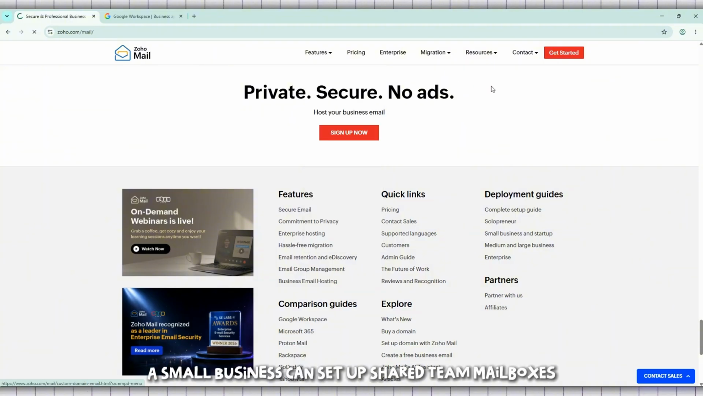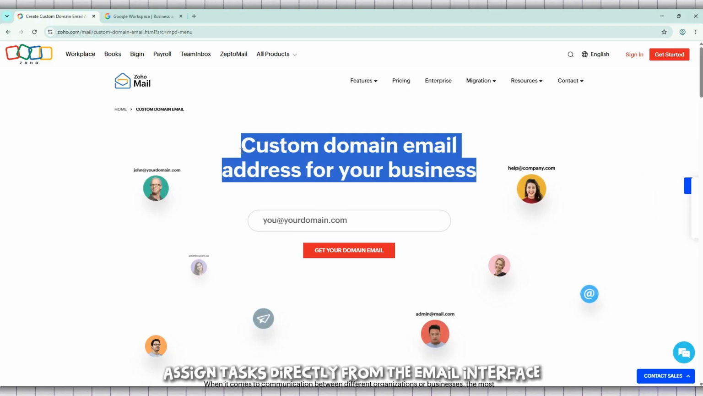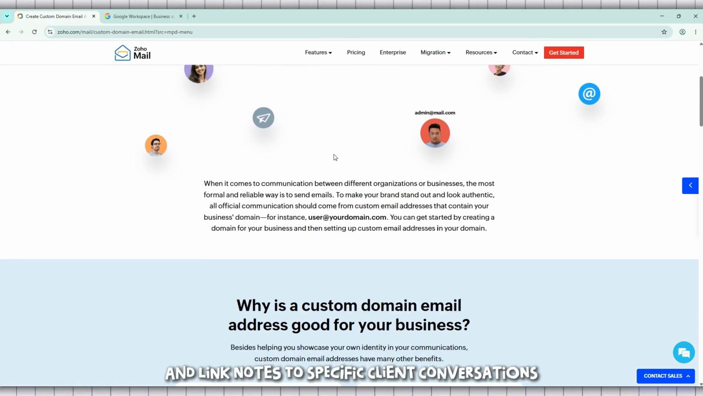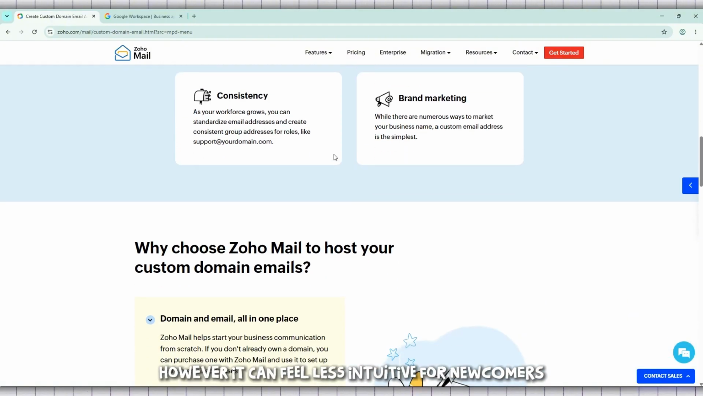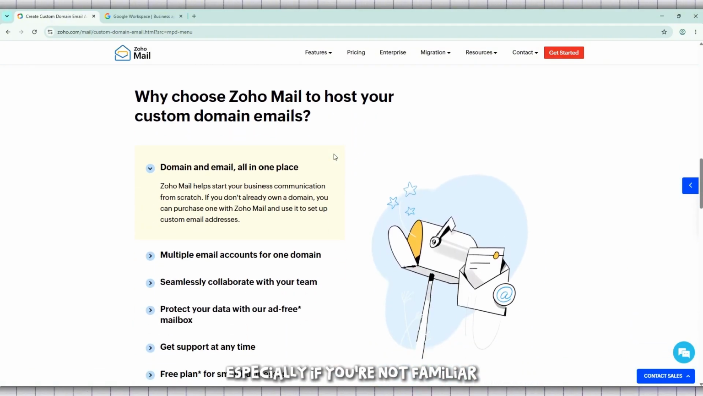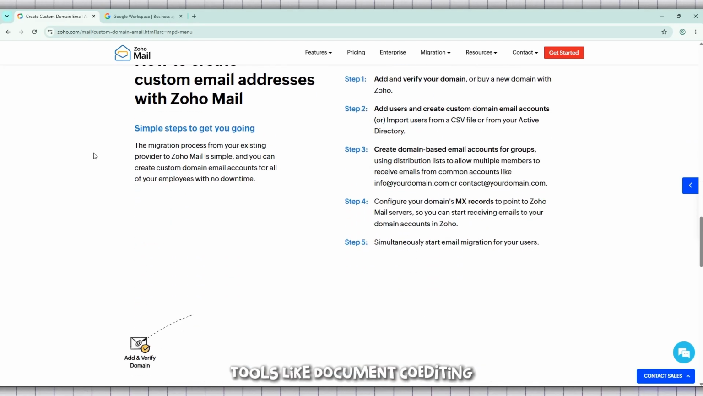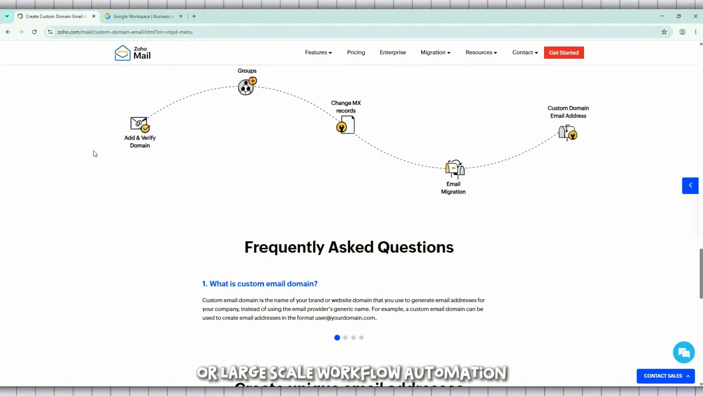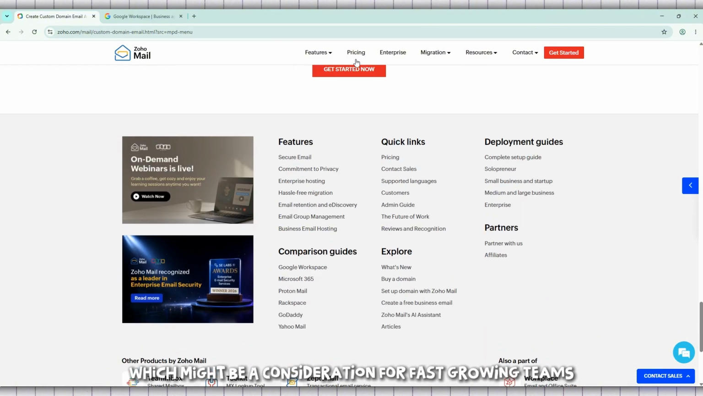For example, a small business can set up shared team mailboxes, assign tasks directly from the email interface, and link notes to specific client conversations. However, it can feel less intuitive for newcomers, especially if you're not familiar with the Zoho ecosystem, and advanced collaboration tools like document co-editing or large-scale workflow automation are not as deep as some competitors, which might be a consideration